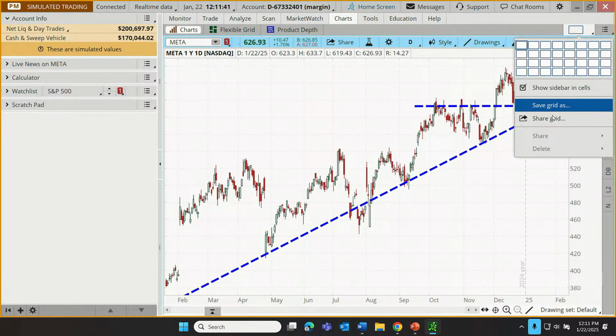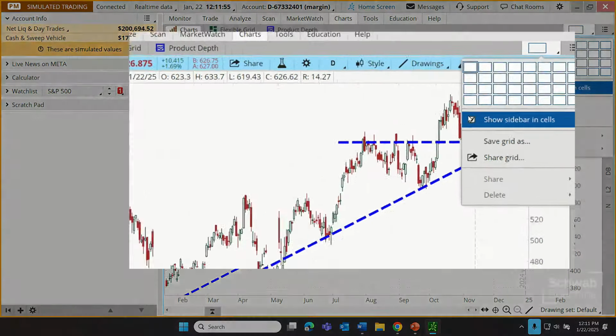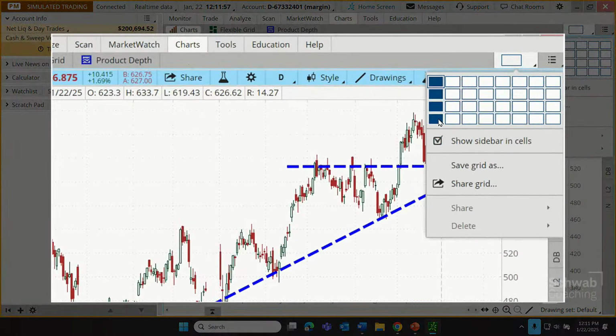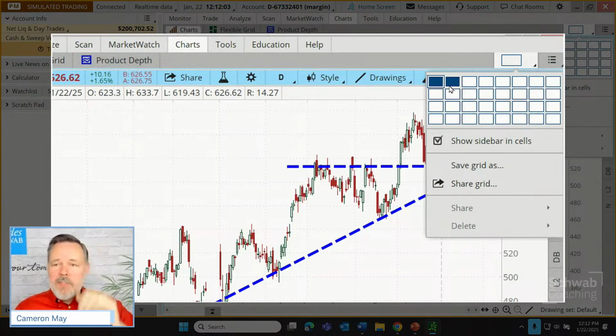You'll notice the word grid appears as I click on this icon in the upper right. And this allows me to choose within a single window any number up to, let me just do a quick tally. What do we have? 8 across, 4 down. So we have 32 potential charts that can be added on a single pane. That could, I think you can imagine, would be pretty small charts.